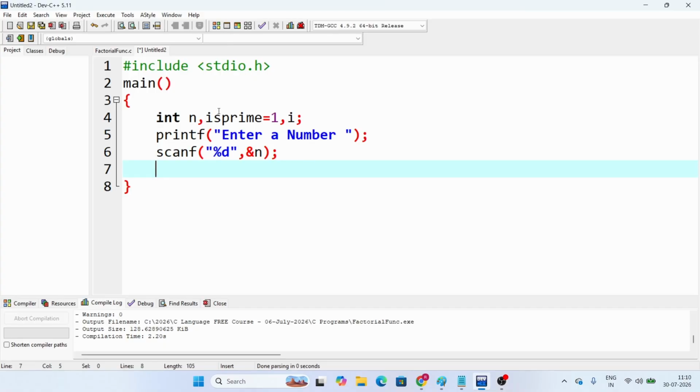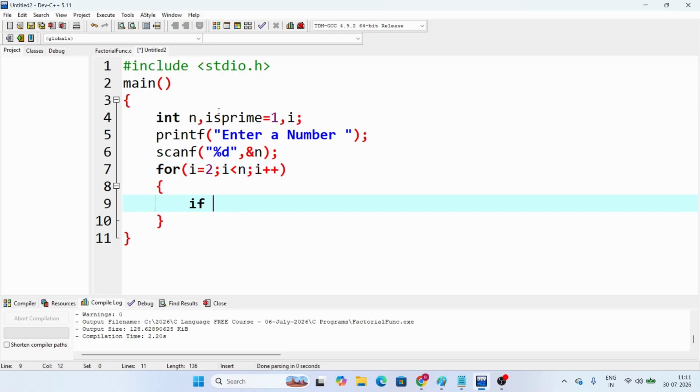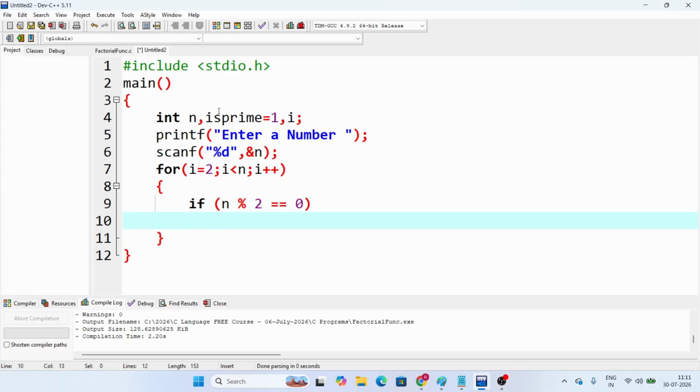Now for this number we need to check whether it is prime or not. So divide the number from 2 to n minus 1. i equal to 2, i less than n, which means n is not included, i plus plus. Now divide. If n mod i equal to 0, when you divide the number from 2 to n minus 1, anywhere you get 0,